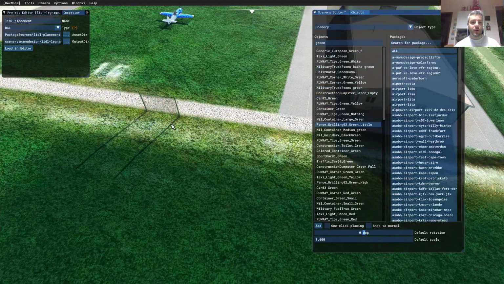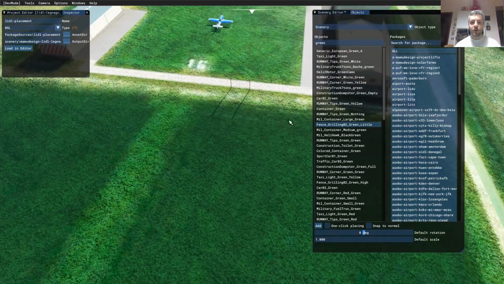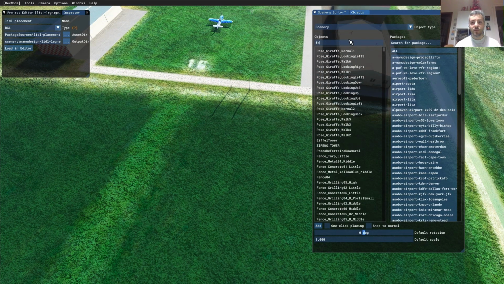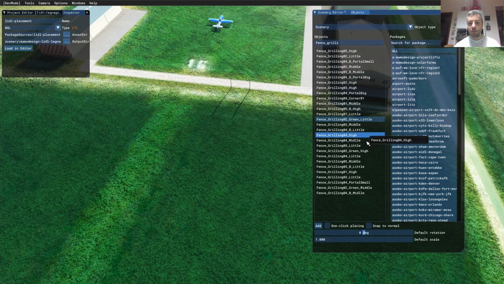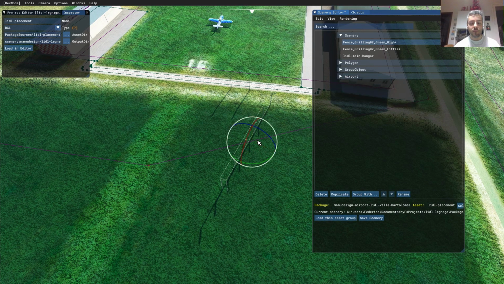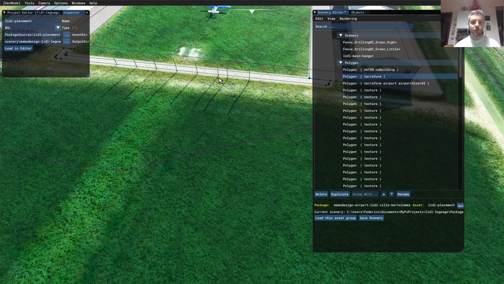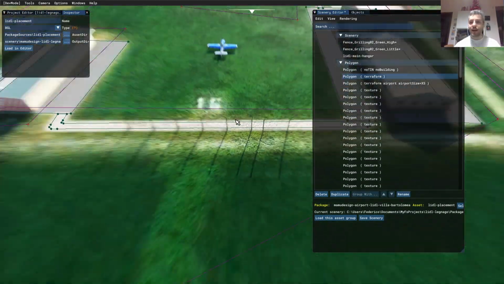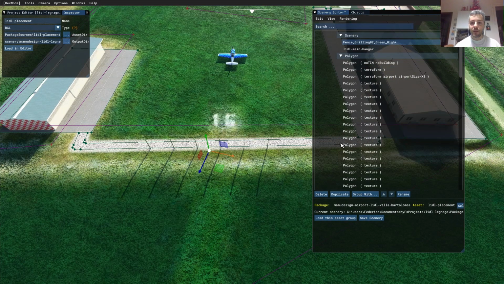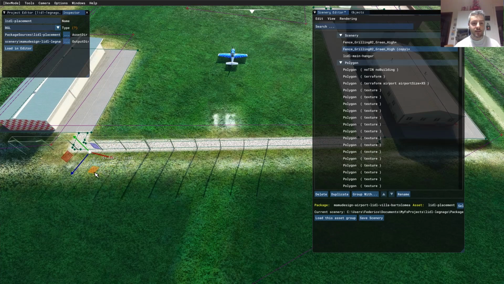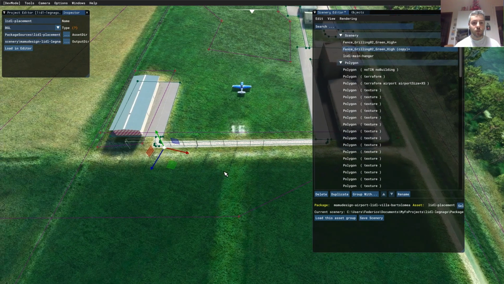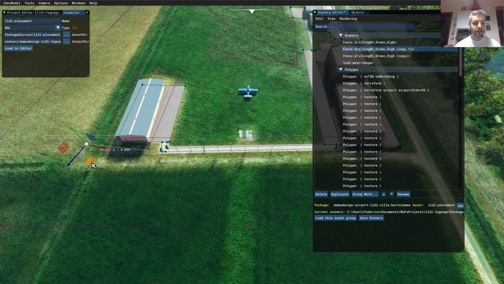And maybe you want a bigger one because we need a lot of copies of this. So you go to fence underscore dwelling. I want the green high. Maybe this. Yes. They made something like 1 meter, 3 meter, and 9 meter objects for all the fences, and they are nice because you can copy them all over and pick it and duplicate and place it, and maybe if you need to do a straight line, you can duplicate that and maybe rotate it